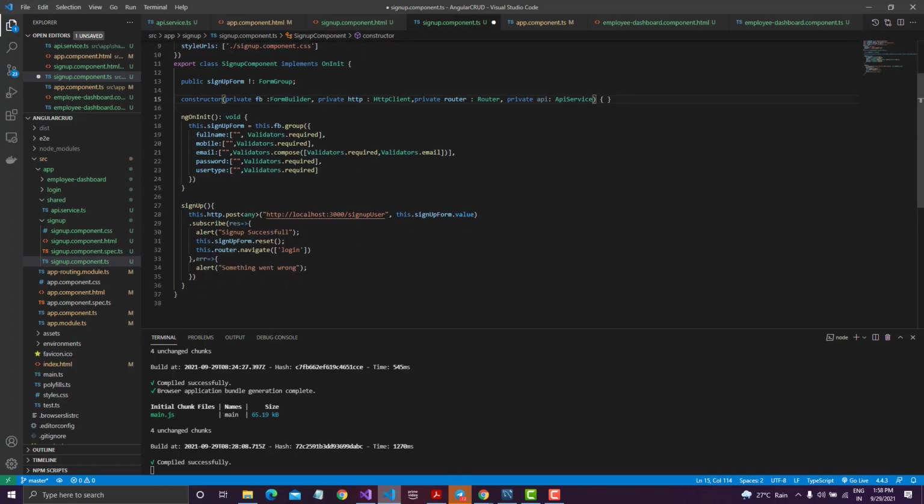We don't need this logic anymore because we were previously using localhost, the fake JSON server. Now we have already created our own API, so there's no need to use this logic. Let me comment this code and create a fresh record